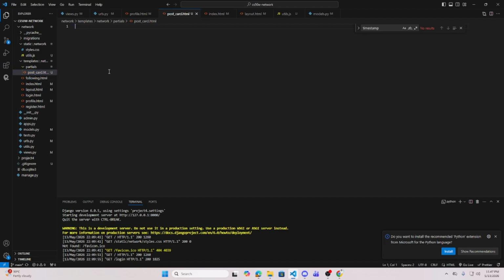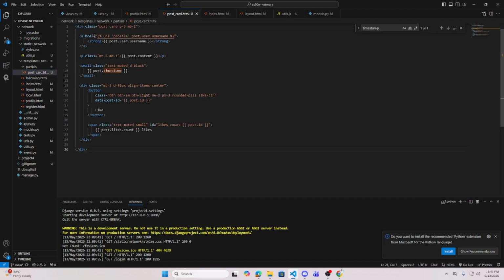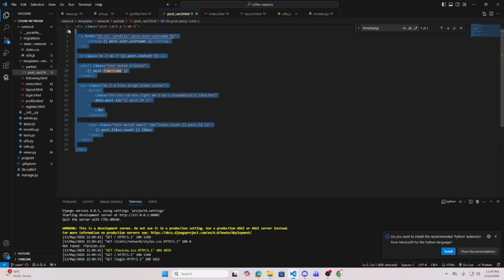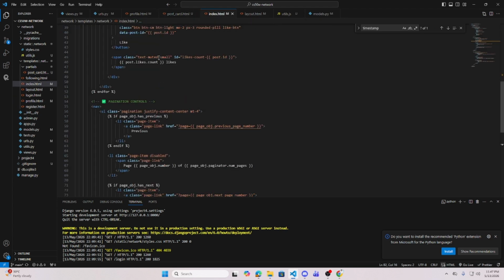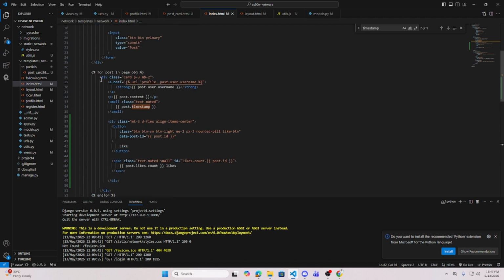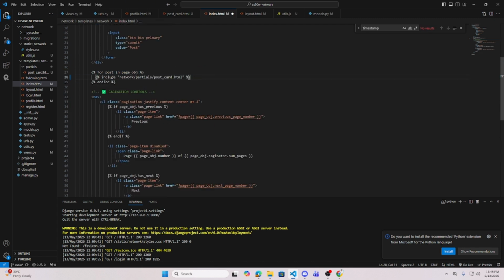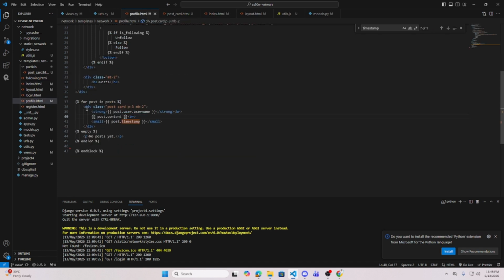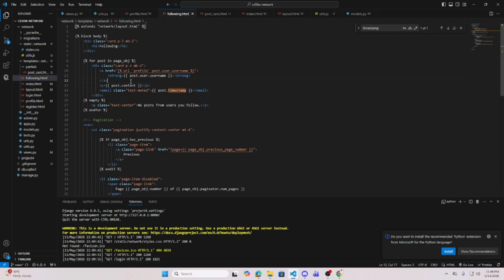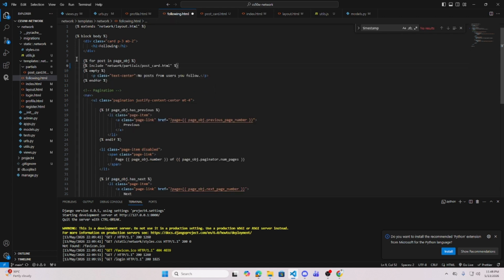So this postcard.html is gonna contain our code for our postcard, meaning in our index.html we're gonna remove this part and just reference our partials postcard.html. The same to our profile, we're gonna remove this and fetch our postcard HTML. The same as our following. We don't need this one. Instead, we're just gonna reference our